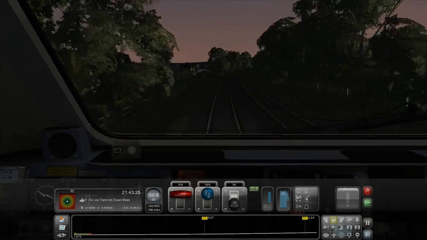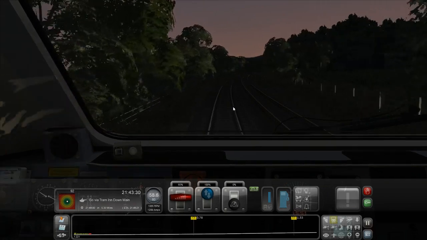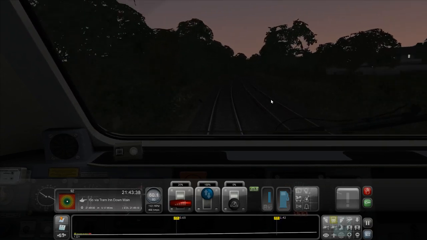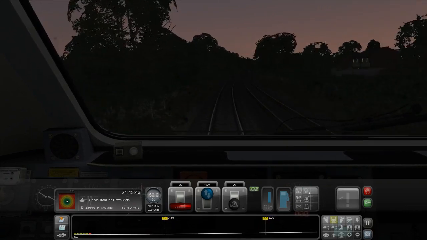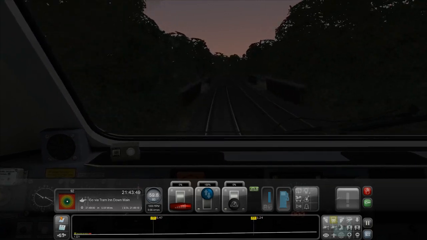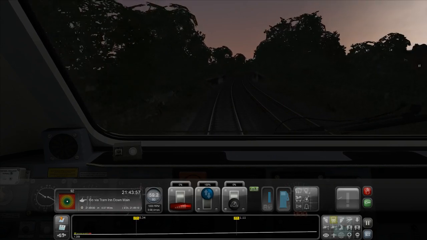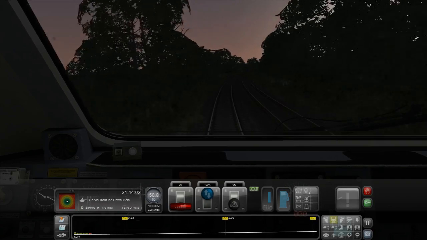So, train-wise, you get the 43, which is what we're driving. The 47 in maroon. I'll just ease off the throttle a bit, let the revs run down and then drop. You get the Class 70 Freightliner, and the 175 in ATW. So, basically, you're getting the trains that you get in South Wales Coastal, so them being the 43, the 70, and the 175,